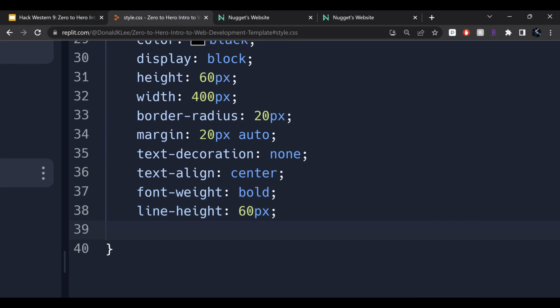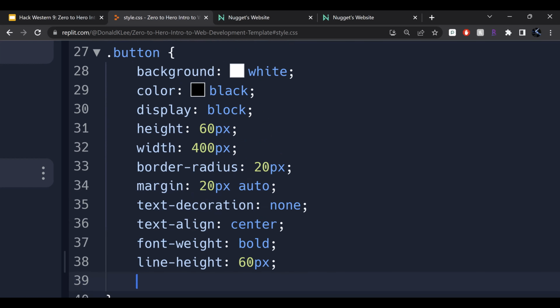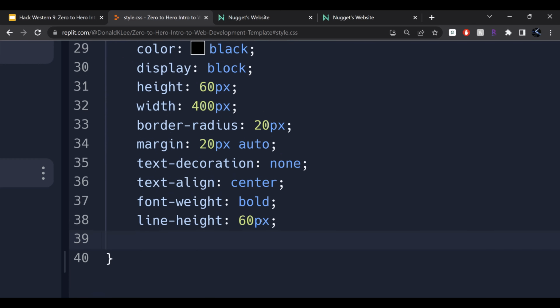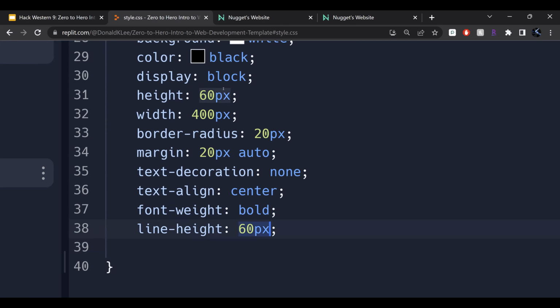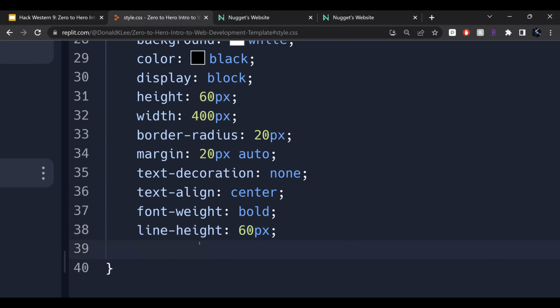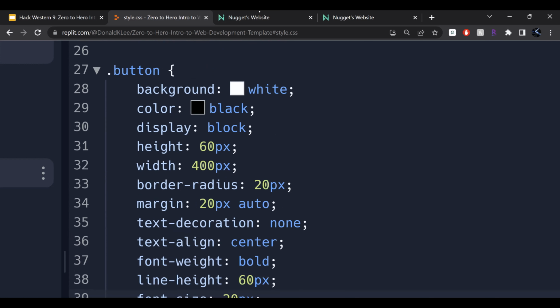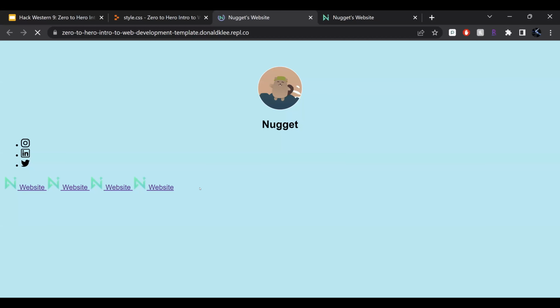Vertically aligns the text because our button's height is 60 pixels. So we're gonna align it in the center by making this the same as the height. And then font size 20 pixels just specifies the font size. So yeah, now that we have this, when I refresh,